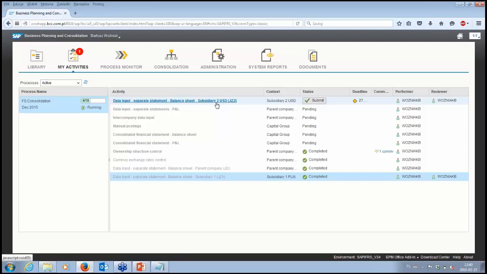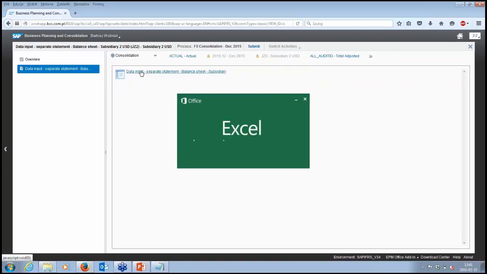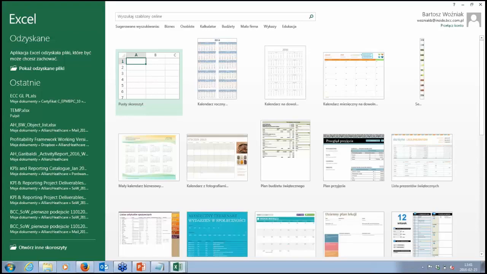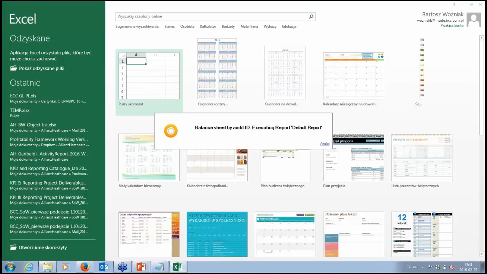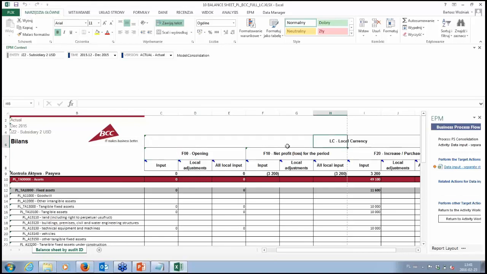When it comes to the second subsidiary, we have functional currency US dollar. So as you will see, we will also input data. This is assumed that we are providing this data directly in the input form in the manual manner. And as you can see, let me simply check, yes, here. You can see for